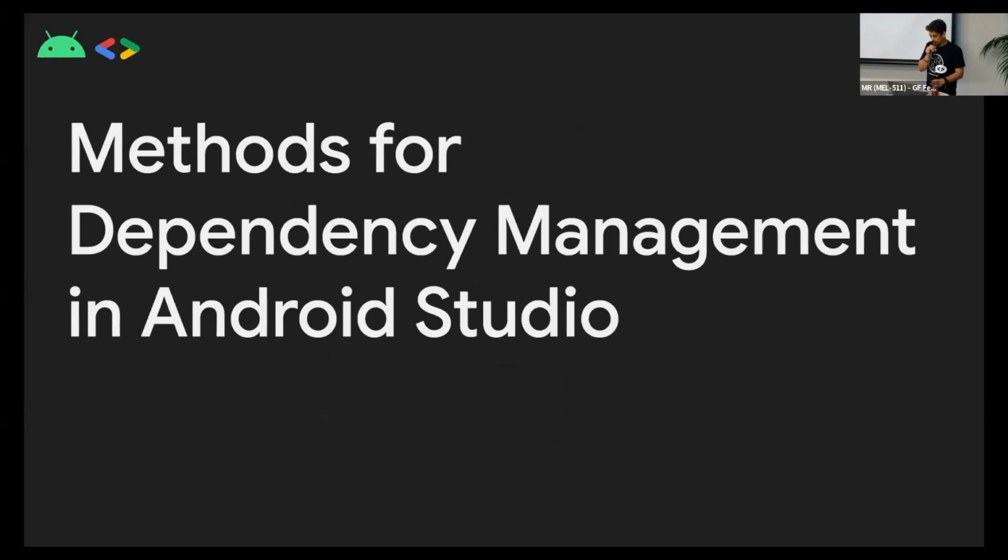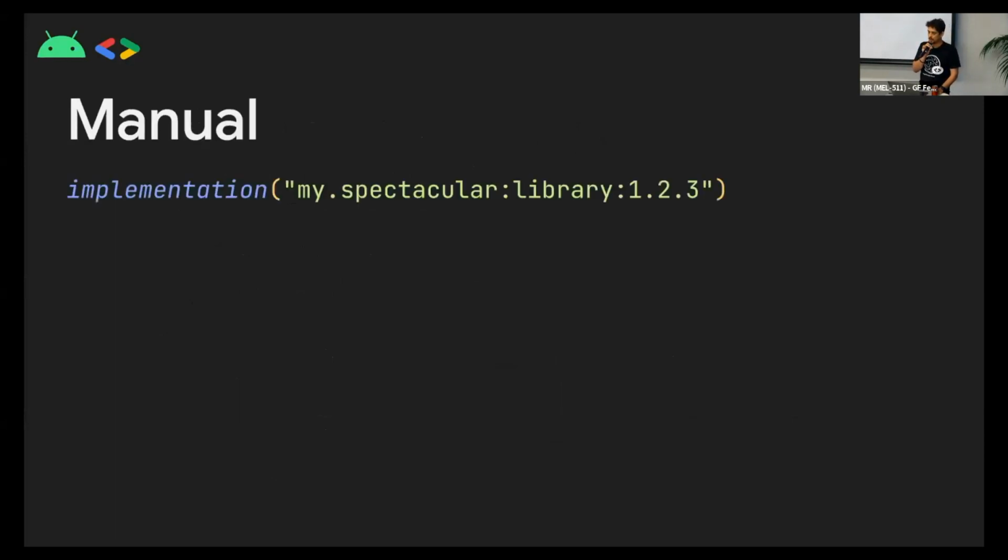The few methods that are available as of today, you can obviously declare them completely manually in a hard-coded way, and it looks like this, and tends to get really ugly. It's difficult to manage, especially when you've got multi-modules. You're repeating the same dependency again and again and again, and that increases the chance of human error where you forgot to update it in that one particular module of the 50, and now you're just scratching your head, why